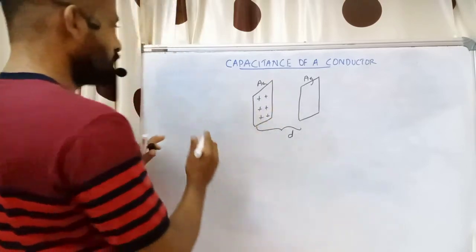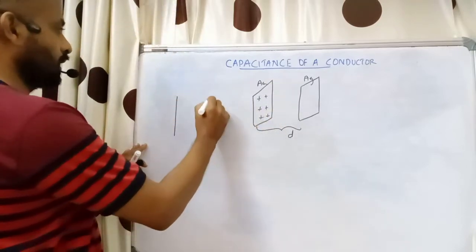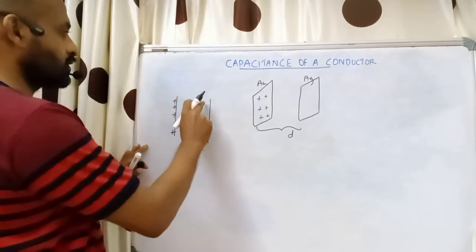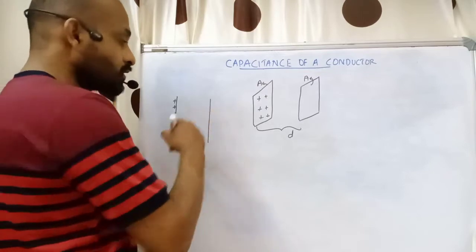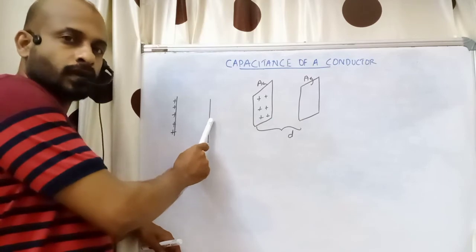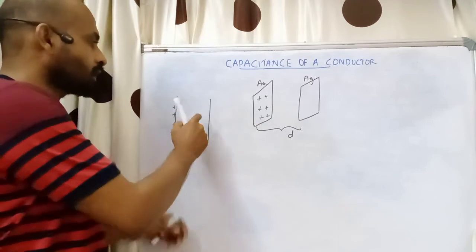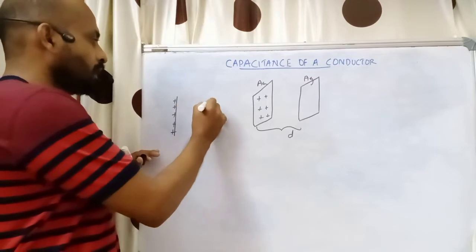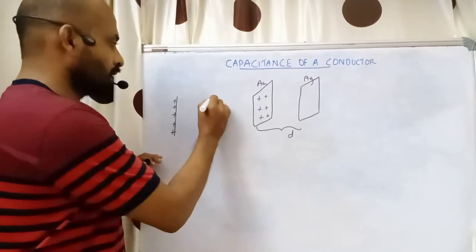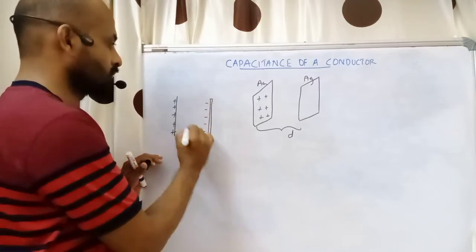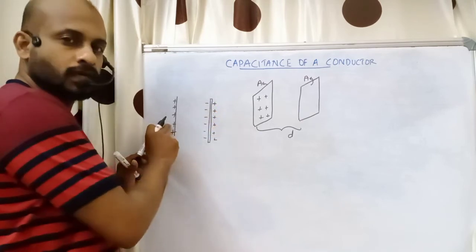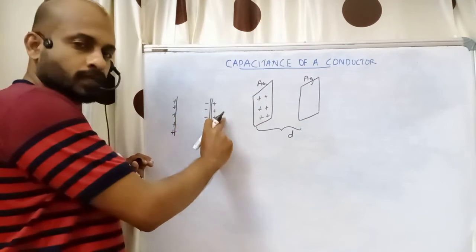Now we will see the side view. This is one sheet and this is the other sheet. This sheet is containing positive charges. This sheet is uncharged, a conducting sheet. We have seen that when a charged conductor is placed near an uncharged conductor, charge will be induced. On the facing side, minus charge will be induced, as we learned in the previous class. Let us draw the slight thickness also. Plus charge is induced on the opposite side.